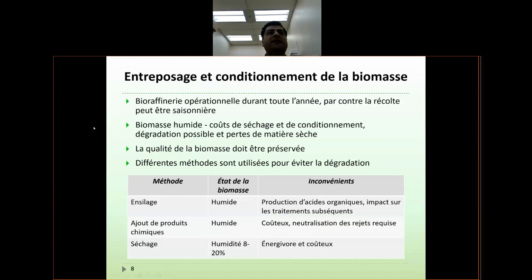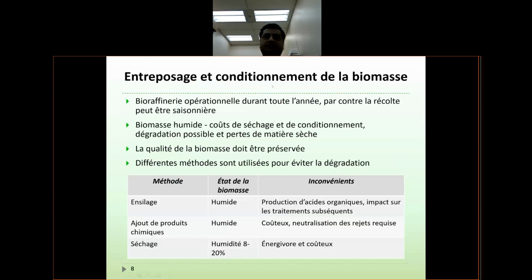It is the fact that usually biorefineries are designed to operate continuously during the year. On the other hand, the harvesting of the crops is seasonal. For example, as you know, in winter there is no harvesting, right? But a biorefinery has to operate even in winter. So we have to do other steps before pre-treatment, and we call them entreposage et conditionnement, or storage and conditioning